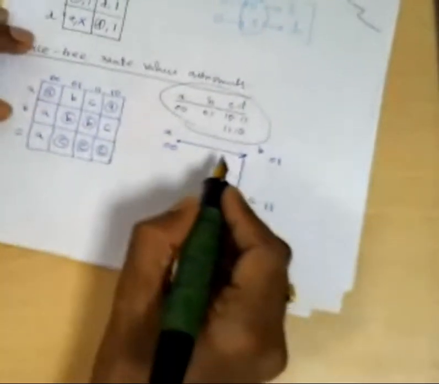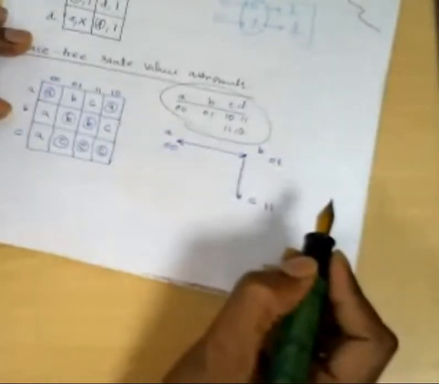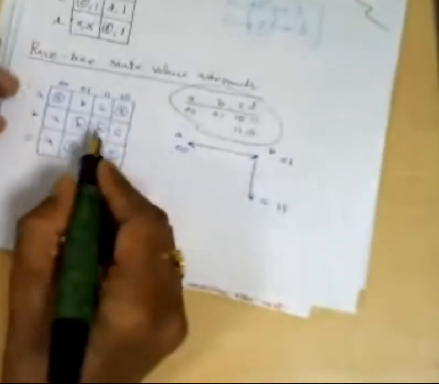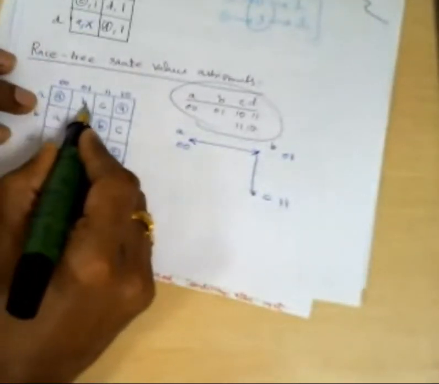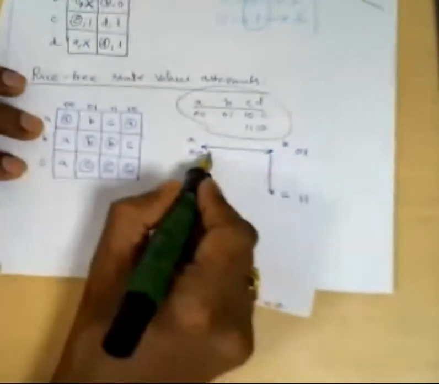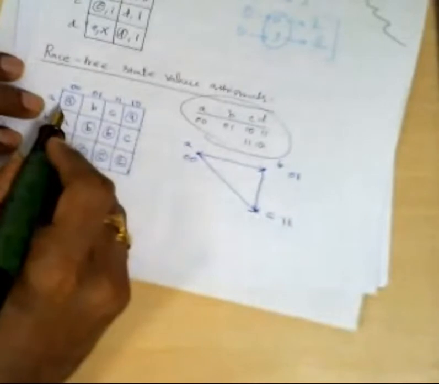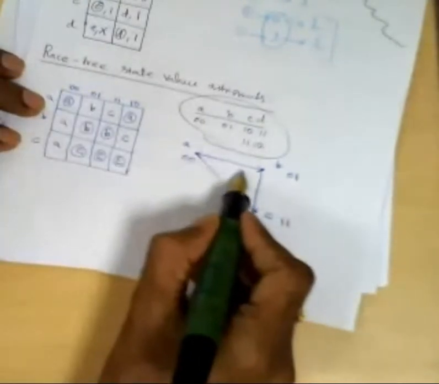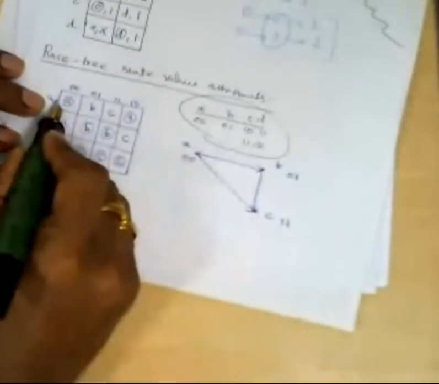B to C is there. Or B to A, vice versa. B to A, right? You check here, A to A, A to B, A to C is also there. Therefore, you write A to C now. So the transition from here, you look here, A to B, we indicated already, A to C is also there, A to A, A to A.